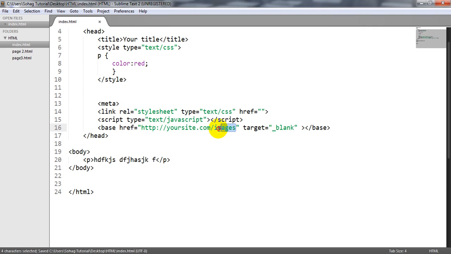If you have many images in this folder, the images will open a blank page. All images will open the blank page under this URL.